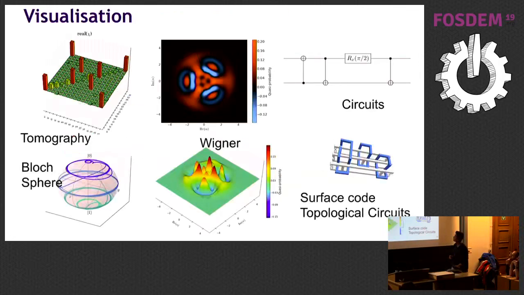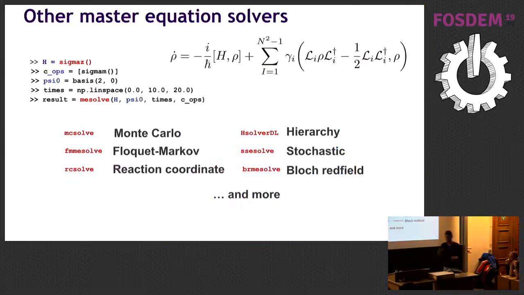So for example, there are very specialized techniques to deal with situations where you have a constant drive and you don't evaluate this evolution at all times, but only at some multiples of the drive. So this is called the Floquet dynamics, Floquet formalism, and which is already implemented in QuTiP. So even though you're not an expert in the field, if you just want to compare your method and benchmark to someone else's method before, you can just use some of the tutorials and build up your benchmarks.